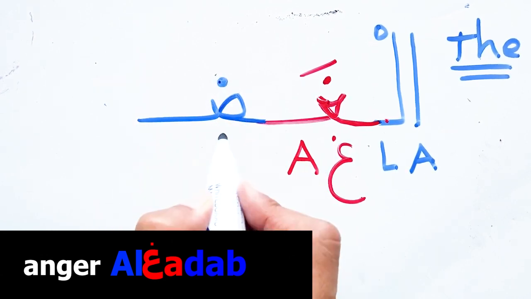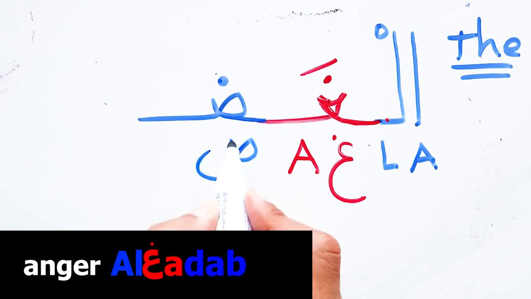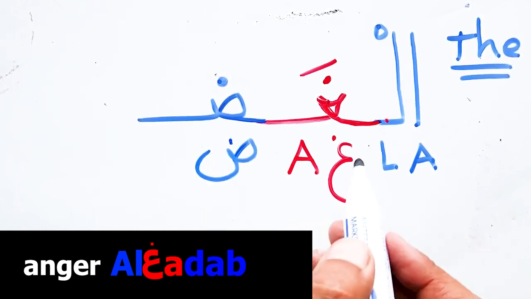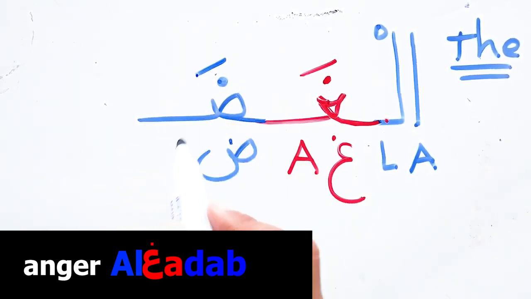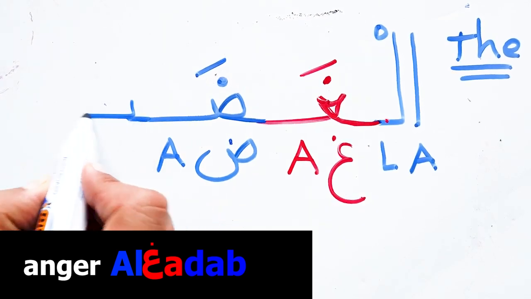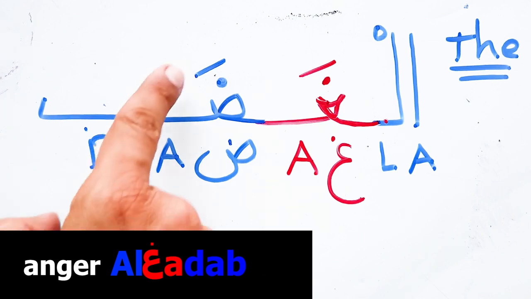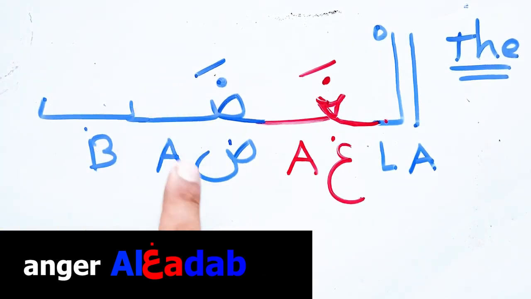Bad. Sounds like strong D. Let's add it as it is. Okay. Al-gha. The sound of A. Al-ghabab, the sound of B in the end. Don't forget always this mark on the top, fatha, it sounds like A, as you see. Al-ghadab.